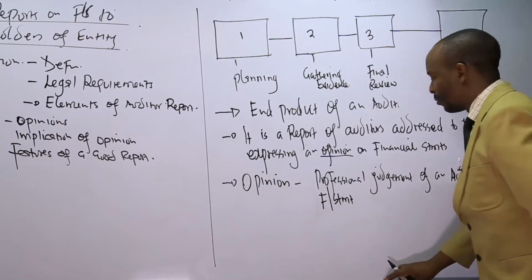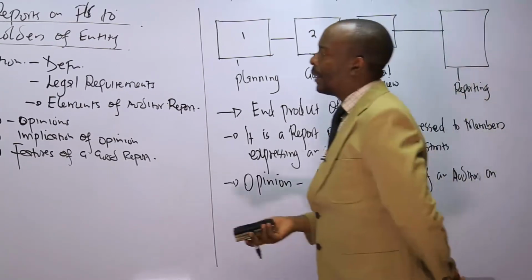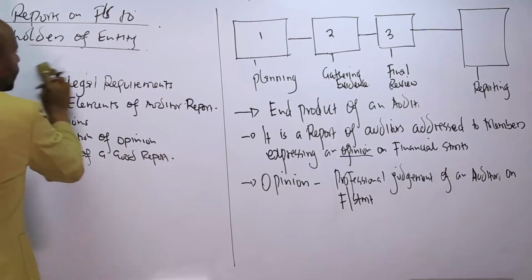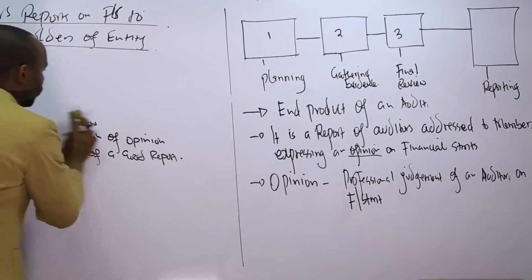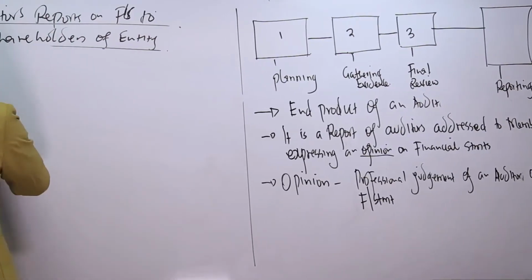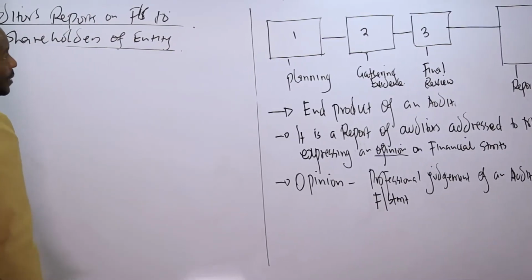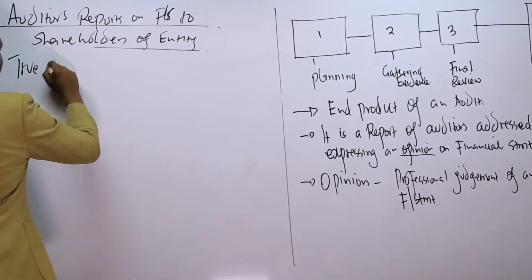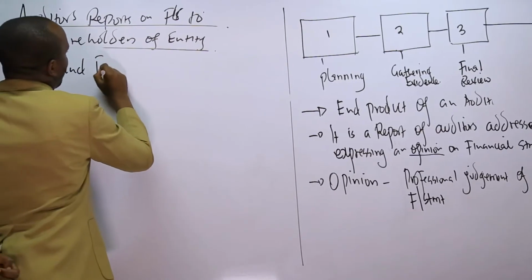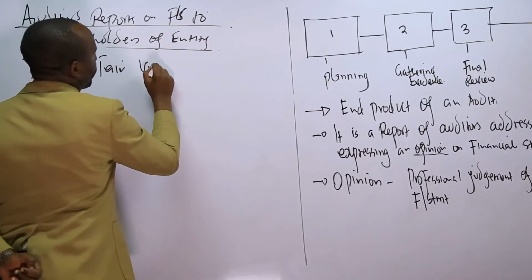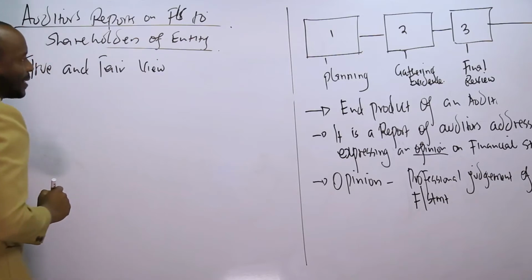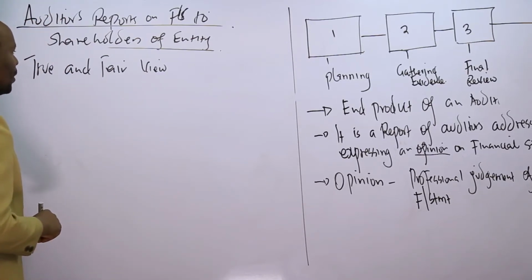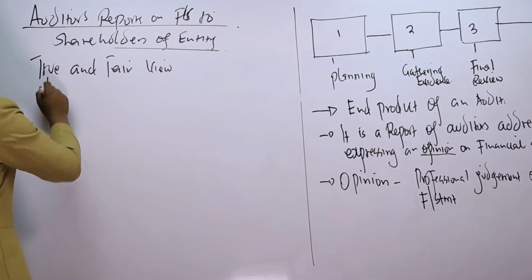So I'm going to delete this part here, and I'm going to introduce what we refer to as other matters associated with the definition. In that definition, there is one more terminology that you need to know concerning the auditor's report. And that terminology is this word, true and fair view. The Companies Act does not give us the real definition of that particular term. However, we need to know how we can define this particular term.